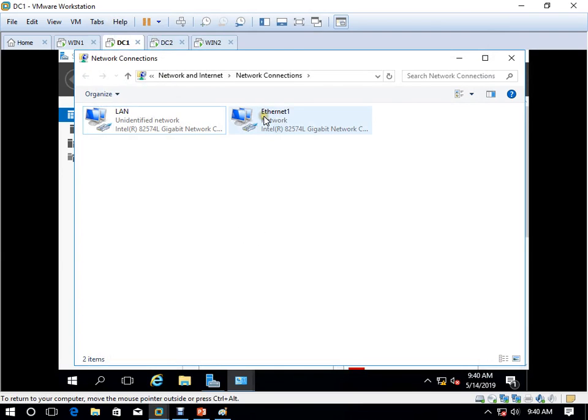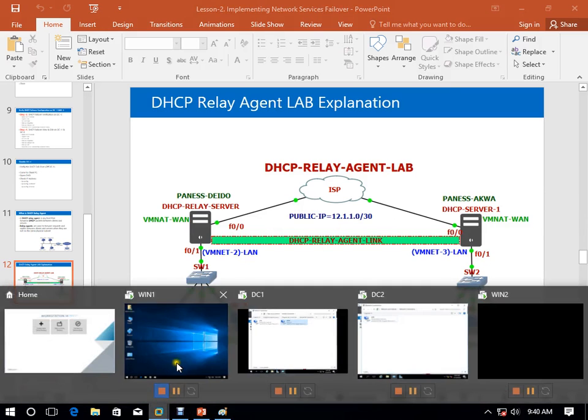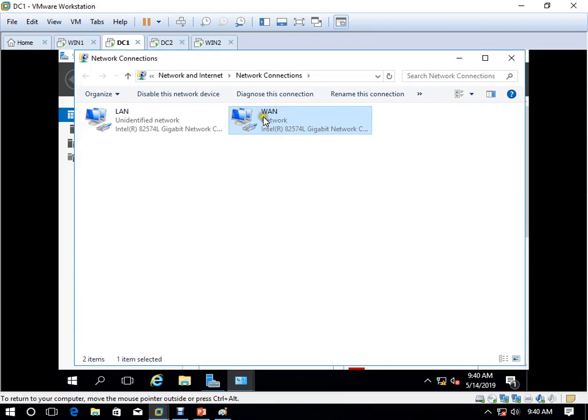Okay. Now come to DC1. Now see, you have another adapter. Rename this adapter to WAN. And here in WAN, as per this, what IP we are using in WAN, like 12 dot, okay, public IP. So let's come here to DC1.